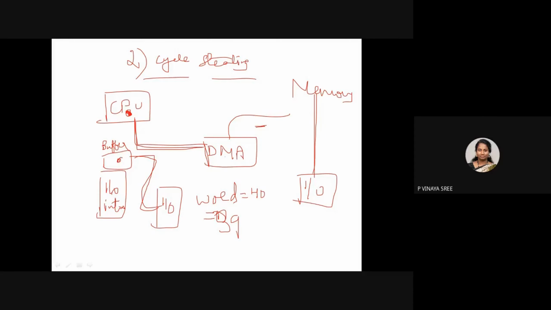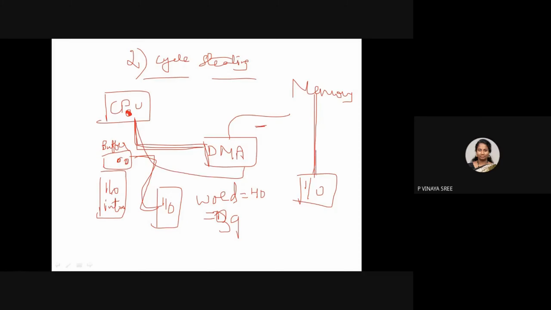Meanwhile, why should the system bus be available with the DMA? It will release it, and again when the word is ready in this buffer, it requests the processor. Again the processor will release the bus, and again it takes the word from this buffer to the memory. I'm not showing all of this internally.